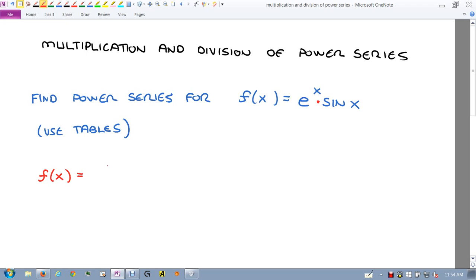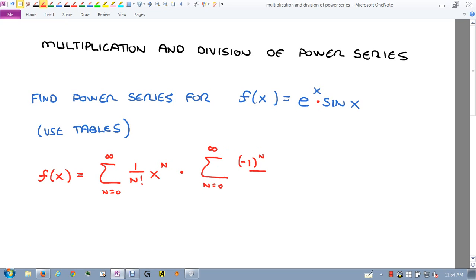What is the formula for that? Sum n equals 0 to infinity of 1 over n factorial x to the n. Yes? And then multiply that times sine x, which was sum n equals 0 to infinity negative 1 to the n